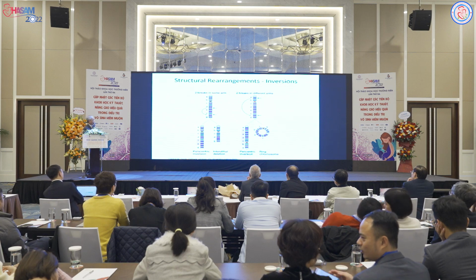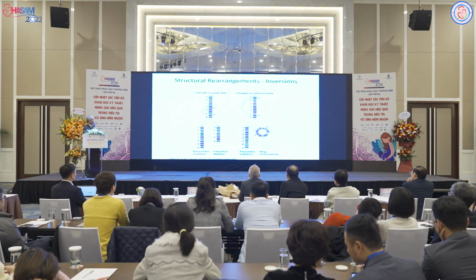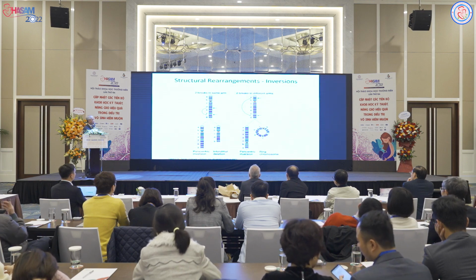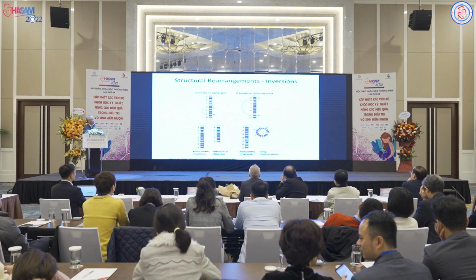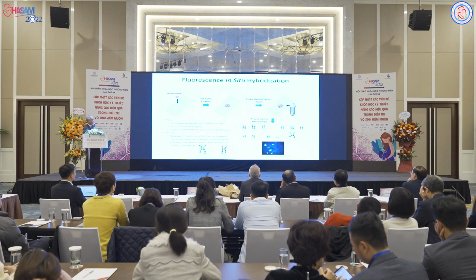And depending on whether this material is lost, if it is lost, then it becomes a deletion or a ring chromosome in this case. But we're not going to be talking about these, so we'll just be focusing on the